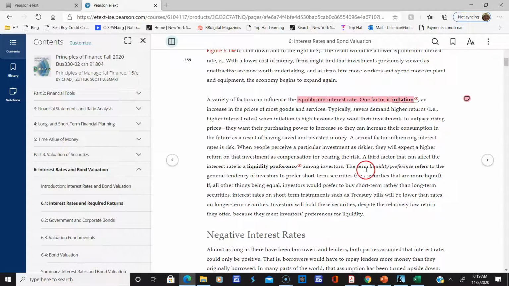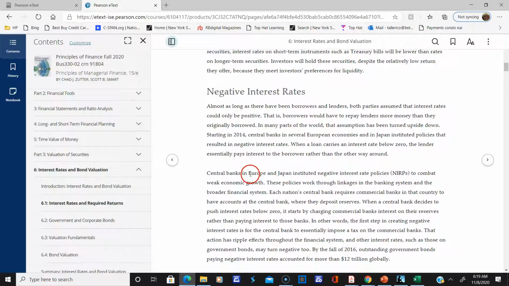And there's a couple different factors here which you should be aware of. And an interesting point is we always thought interest rates could only be positive. And lately, interest rates went negative. That assumption was not true, that they would always be positive. They were turned upside down, as you can see here. And what does it mean when interest rates are negative? It means that if you take your money and put it in a safe harbor, you've got to pay them to save your money.